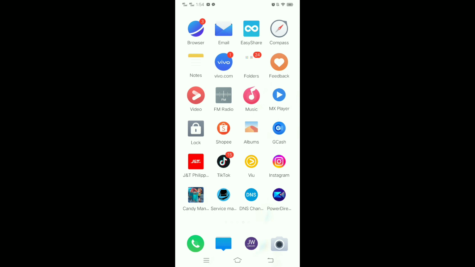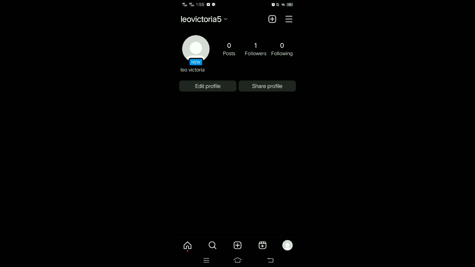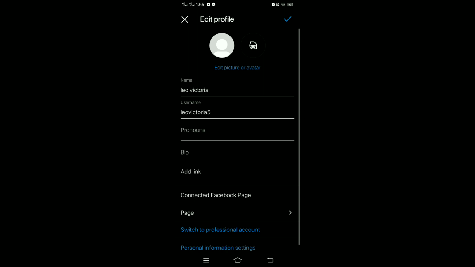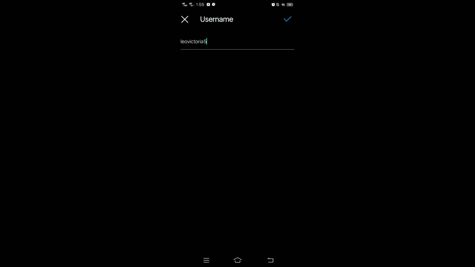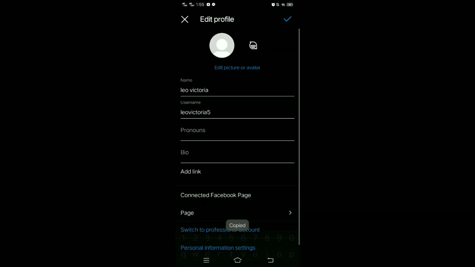So first you need to tap Instagram. After that, tap the profile at the bottom right corner and then tap edit profile. After that, tap username and then copy it. After you copy the username,